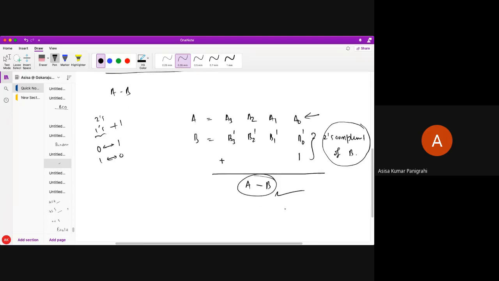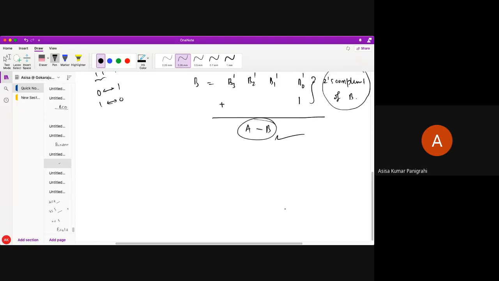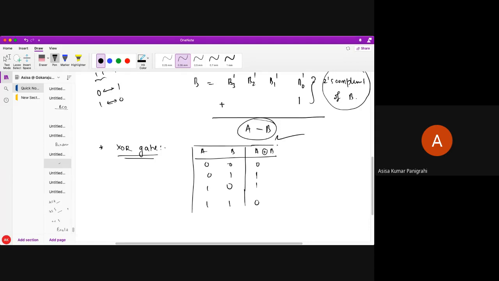Just tell me here, who will do this inverting operation? Let's say I'm going to tell you more about this XOR gate a little bit over here. So do you all know about the XOR gate? What is the job of the XOR gate? Let's say A, B are my inputs. A XOR B, it will perform, and it will give me 0, 0, 0, 1, 1, 0, 1, 1. So 0, 0 gives 0, 0, 1 gives 1, 1, 0 gives 1, and 1, 1 gives 0. Okay, so this is the way my XOR operates.